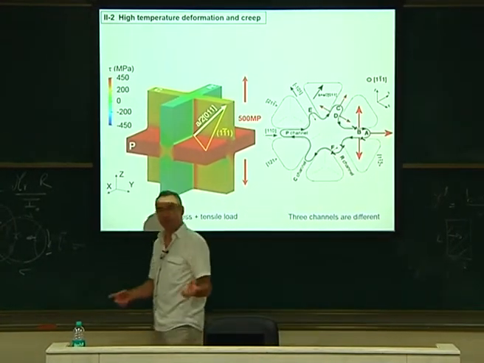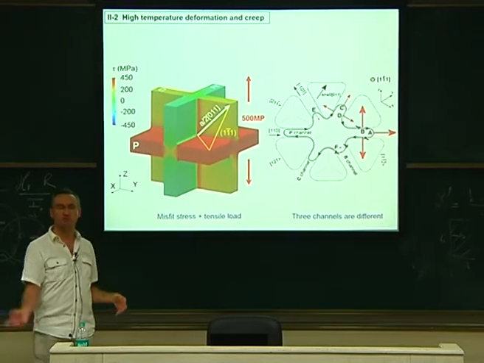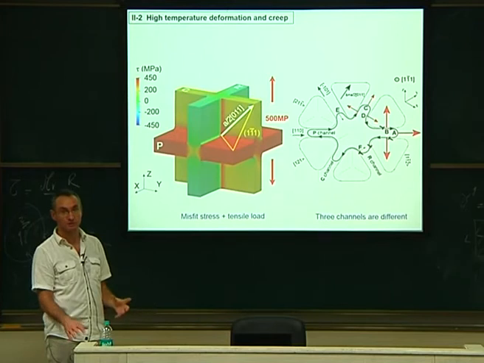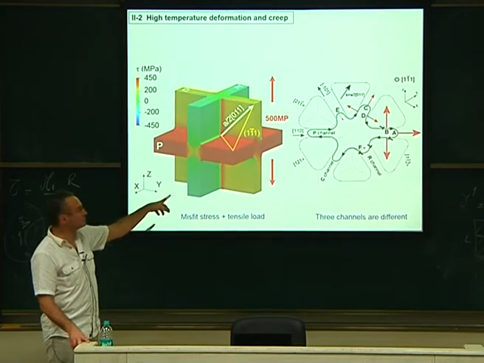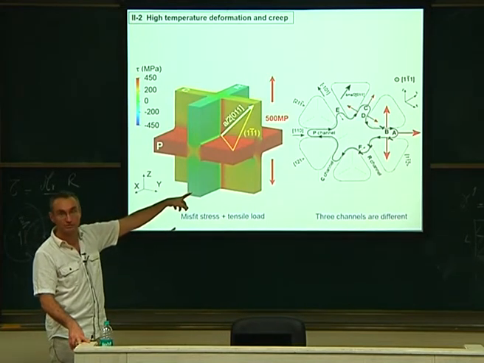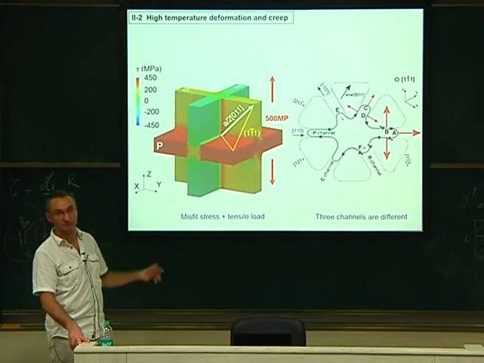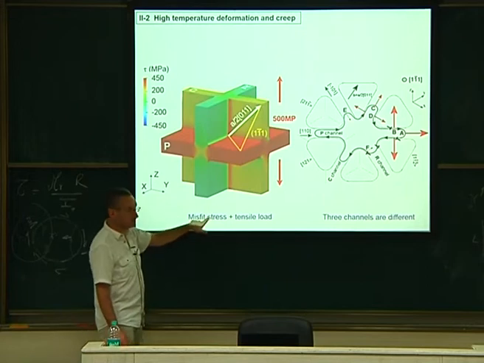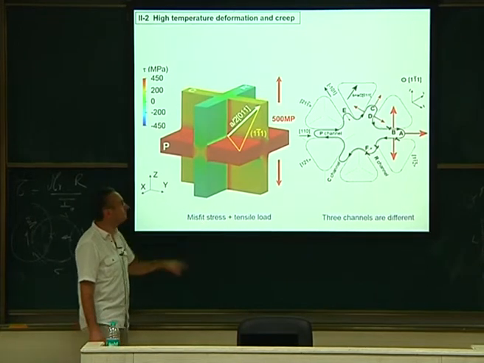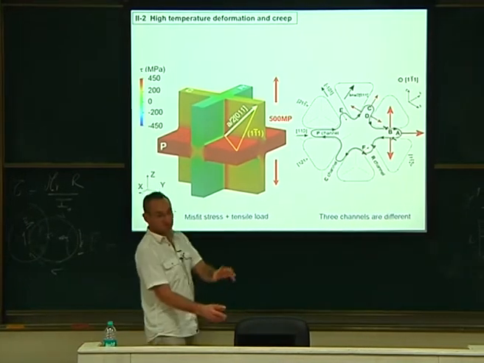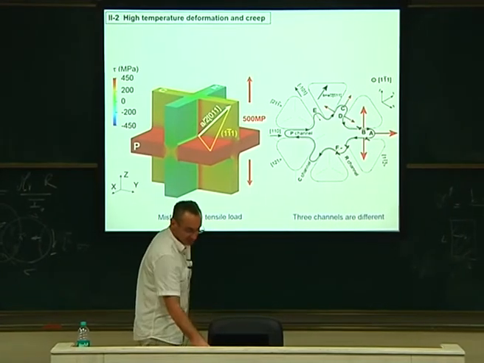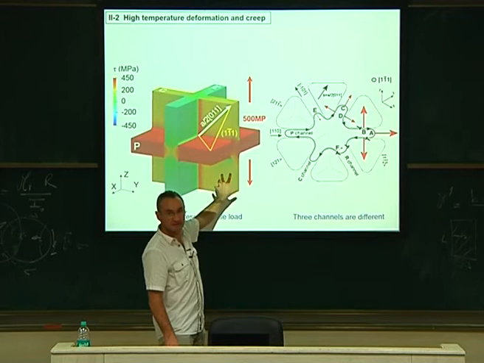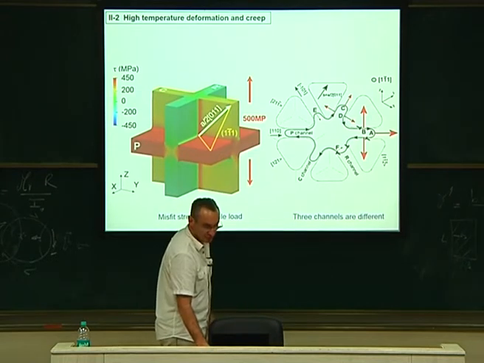So again, in the literature, you will see that many people say, oh, it's the same stress everywhere. Let's put dislocations in the channels and see what happens. No, it doesn't work like that. Depending on the misfit stress, some channels are very easy to invade. Others cannot be invaded. So that's something very important to take into account, the misfit stress. So you need to be sure that you have this in your code, at least for low applied stress, high temperature. If you apply a big stress, maybe you can neglect that effect. But for low stress, you cannot.